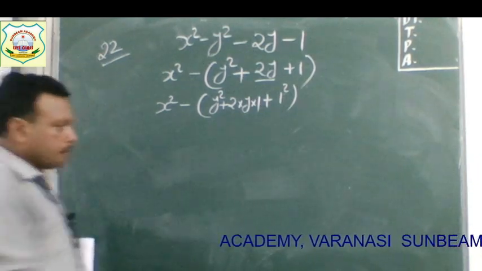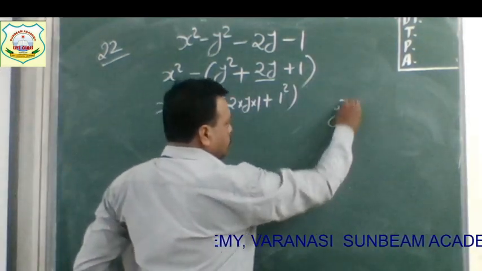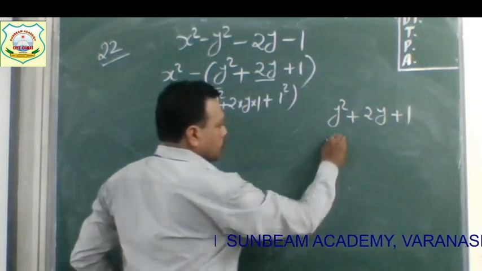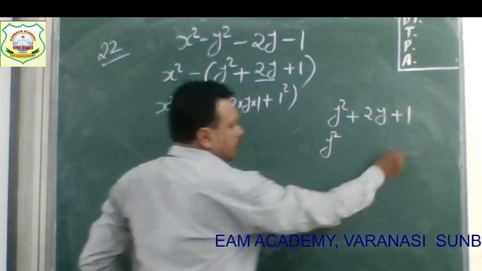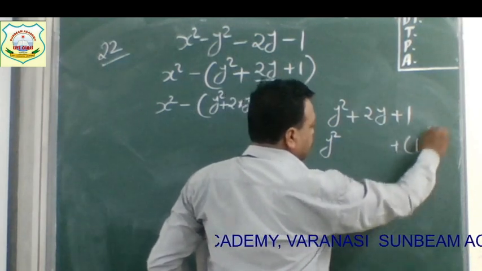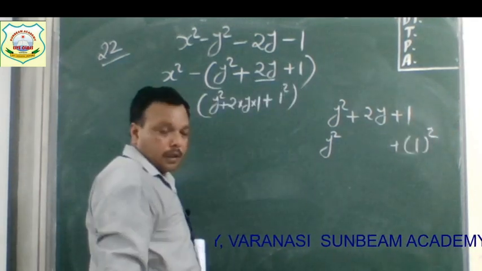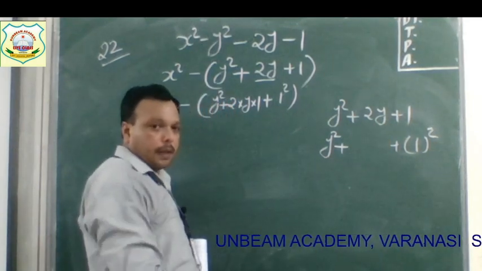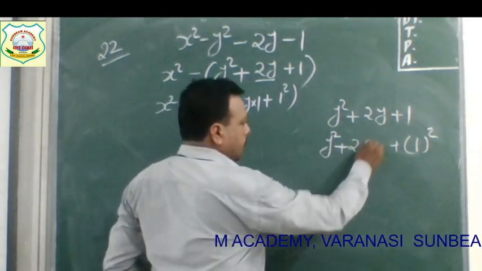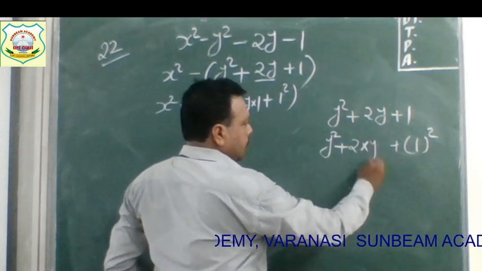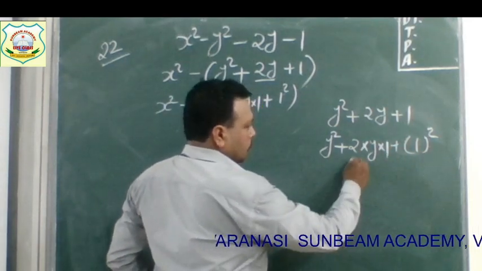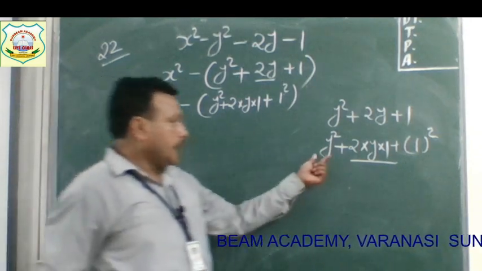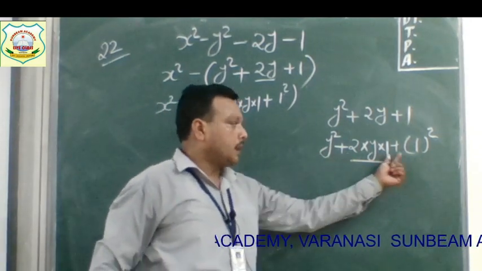Students, again I am telling, see here y square plus 2y plus 1. So y square we have written like a square, plus 1 square we have written like b square, clear, plus 2y, you know 2ab. So 2 multiply a value is y, b value is 1. What will you get? Only 2y. It means a square plus 2ab plus b square.